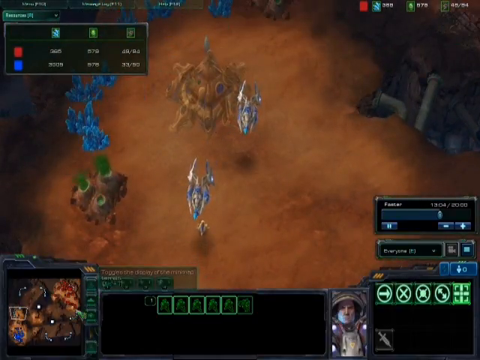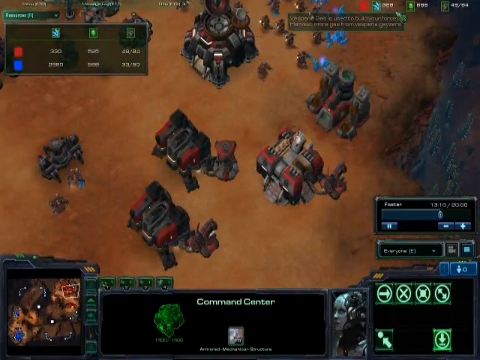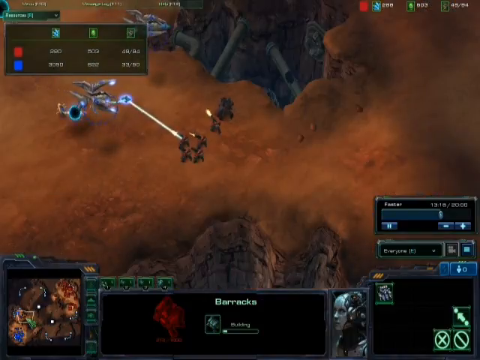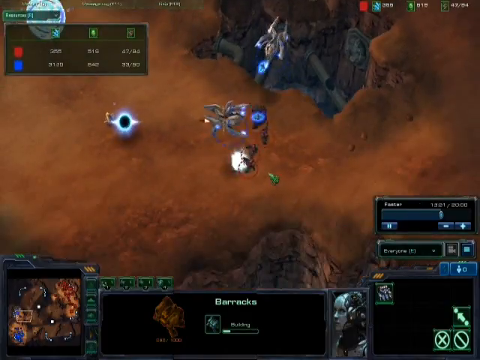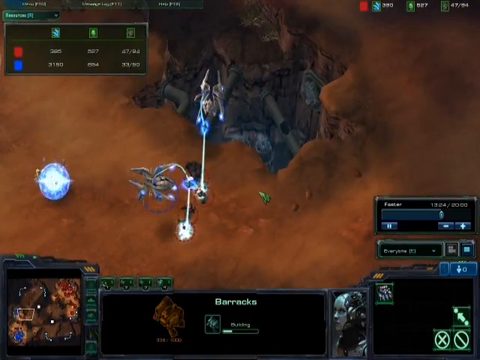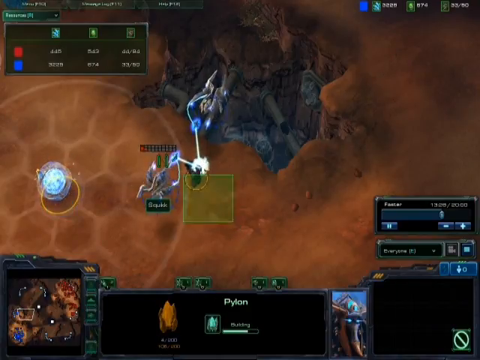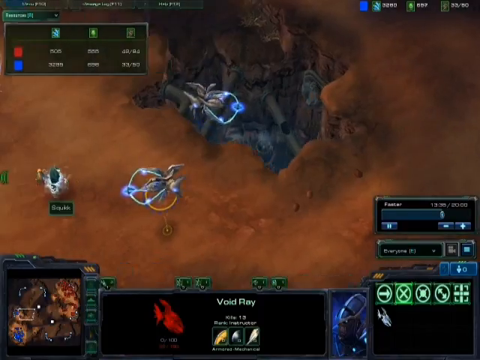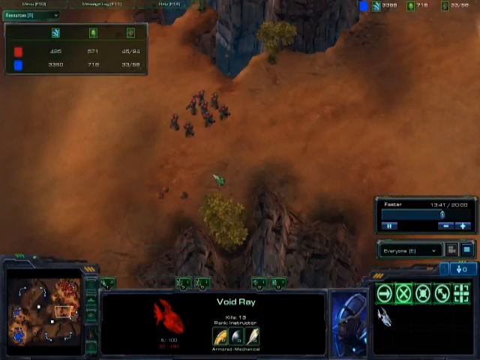I think it is. Anyway, and I've expanded to try and use up all that money I have stored up. So I'm sitting at 300, 500. I've got way too much gas in this match. I should not get my second gas so quickly. He's making a pylon for us, but it doesn't matter. So even now, if I just sit back and chill at my base, which is what I'm going to do, I'd be pretty